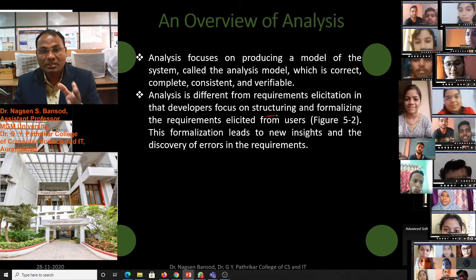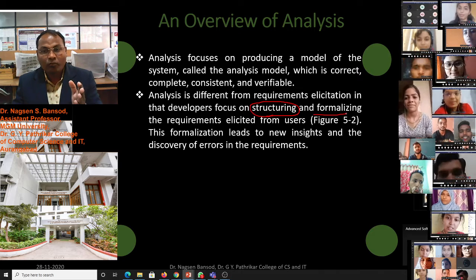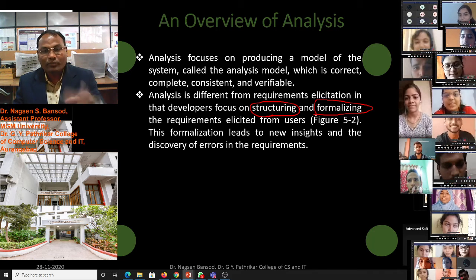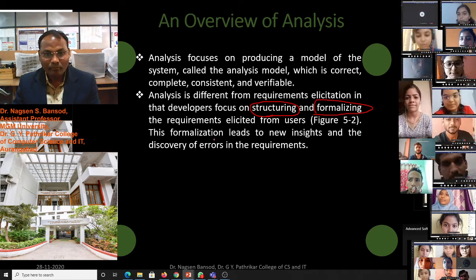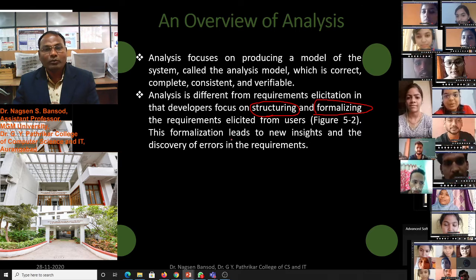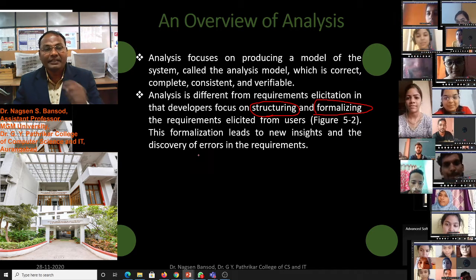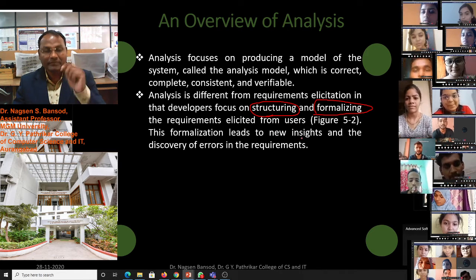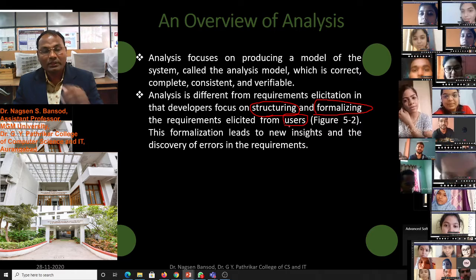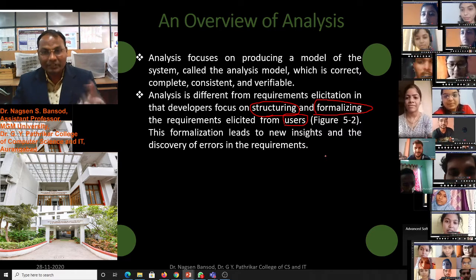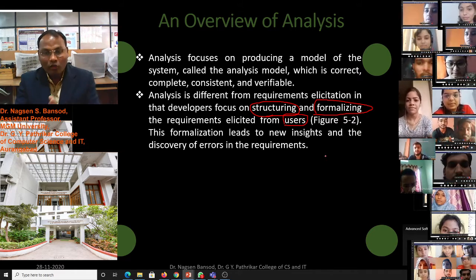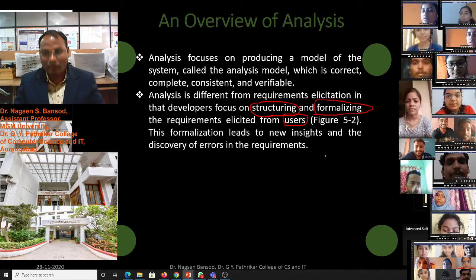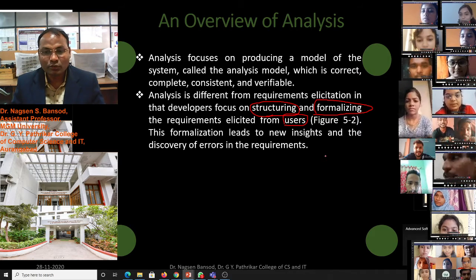We have to structure and formalize the information which we have collected from the users, and this formulation leads to new insights and discovery of errors in the requirements. If there is an error, we have to talk with the user. If we discovered some error in the information during the analysis, again we have to collect that information. Is it understood?